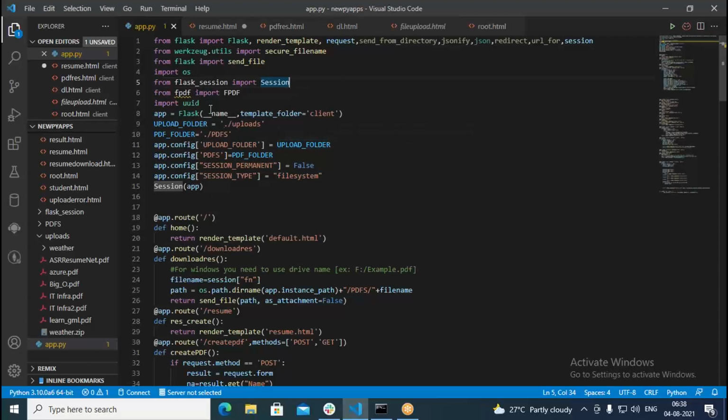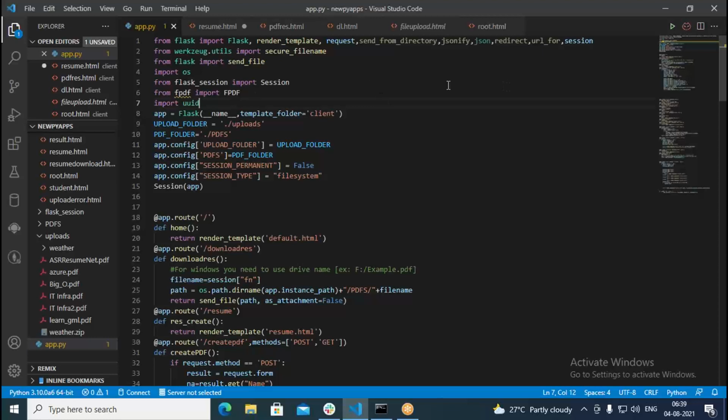Then similarly, I'm going with the UUID. UUID stands for Universally Unique Identifier. So a universally unique identifier is nothing but every time it creates a unique identifier. It creates some 16 character string, which is going to be unique always. So whenever you generate a new ID, it is going to be a unique one. It never clashes with the existing one. So like that, we have to import the UUID library also. It's actually part of the default Python framework. So UUID also we need to import. This is to generate a unique file name.